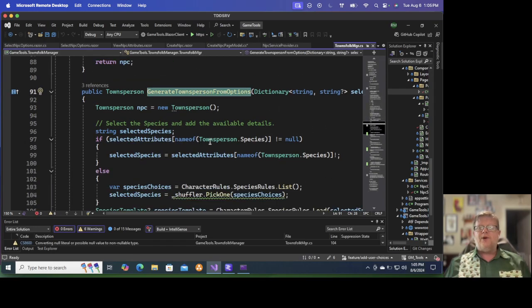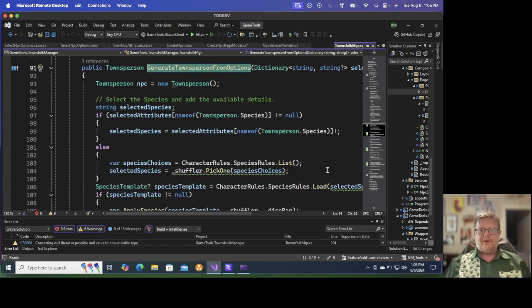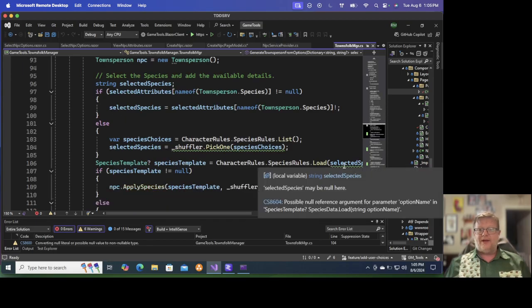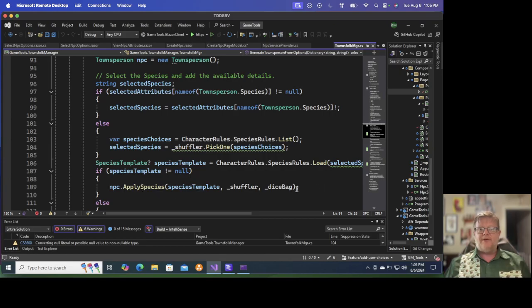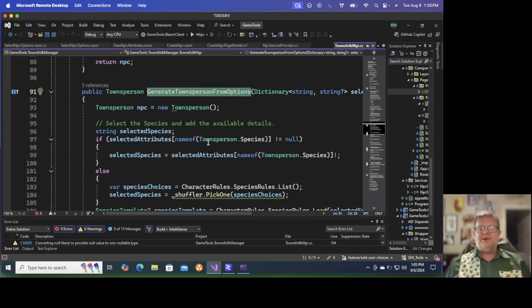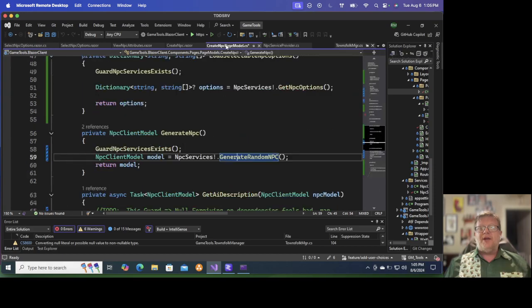And anywhere where the selected attribute is not null, we're going to choose it, and then load that template and apply it. And that seems to be the case throughout the stack. So out in the page model,